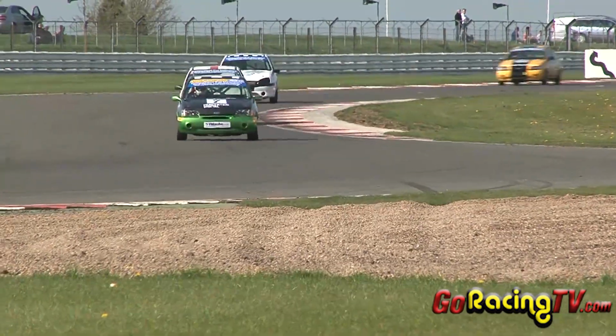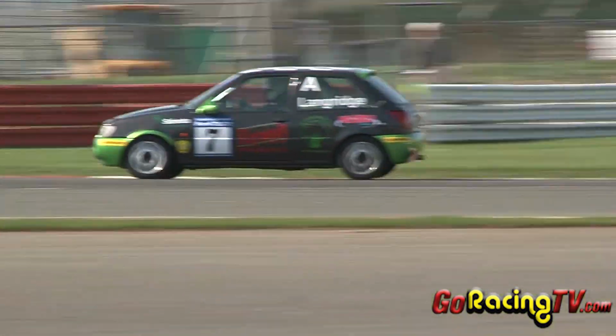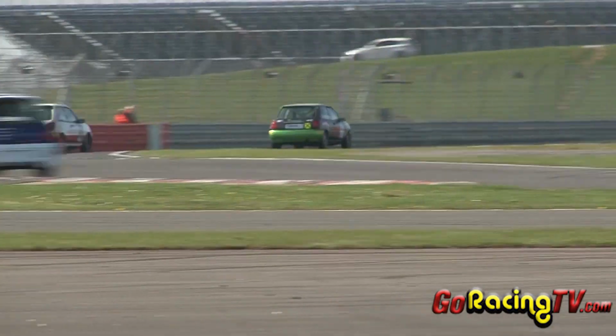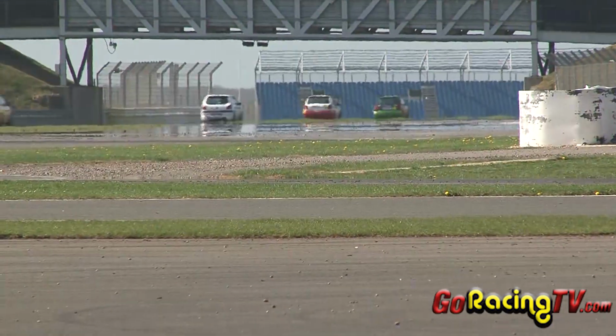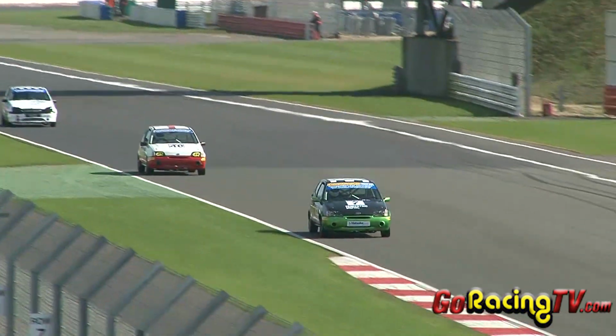Scotty Baines is still there in 3rd place. Nick Tiley is 4th. So Nick Tiley, after a good recovery drive in the first race of the day, doesn't have so much work to do in this one, having got himself up into 4th place. Then it's Ken Bateman in white and red trim down behind them, but we're with John Langridge and David Elsom,